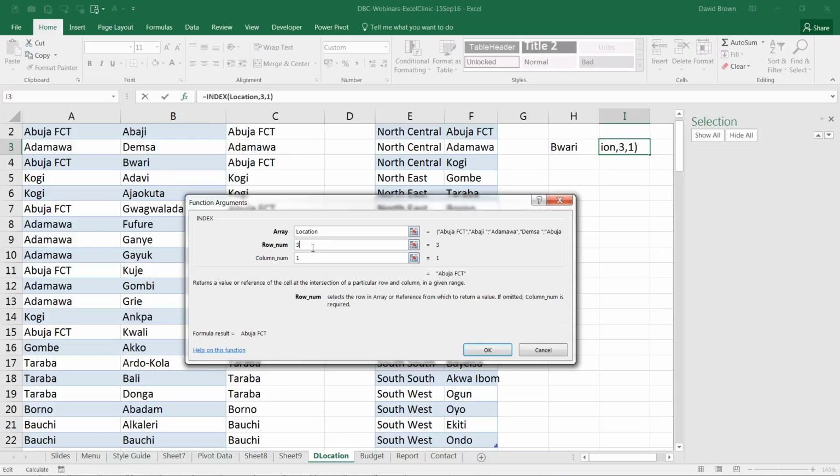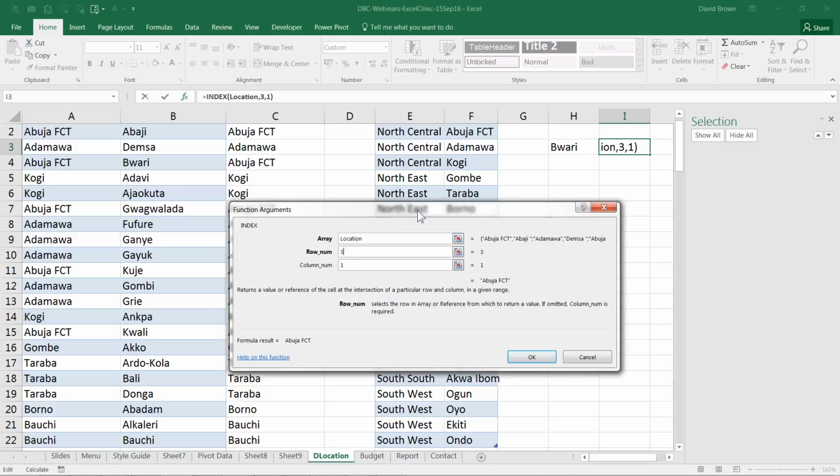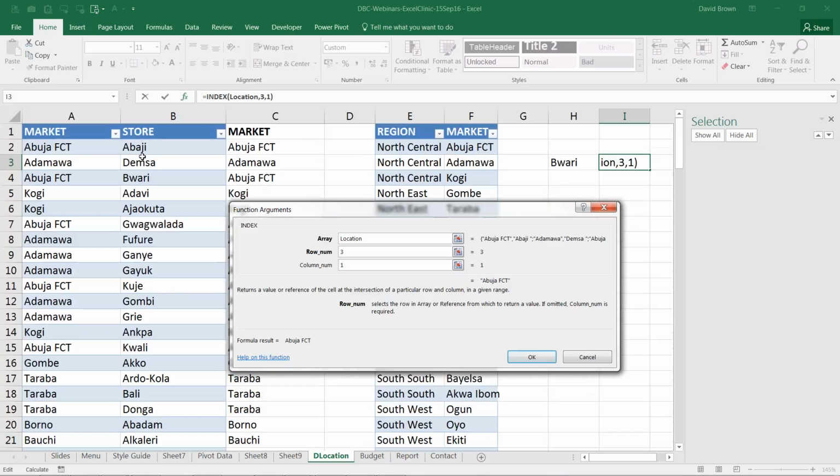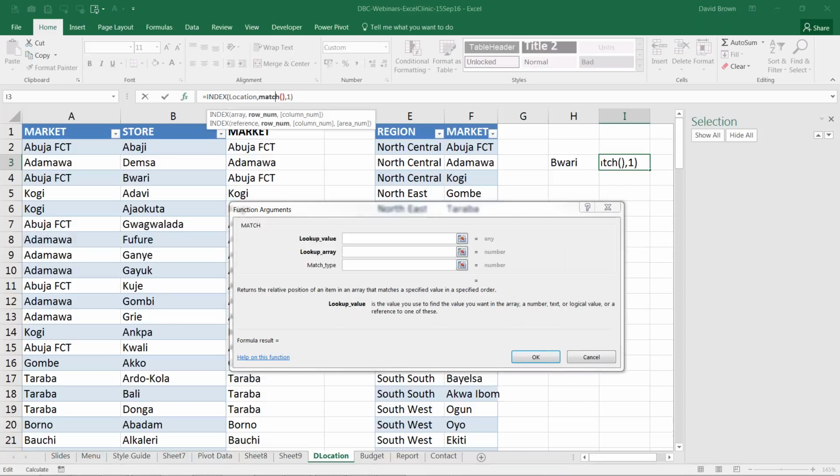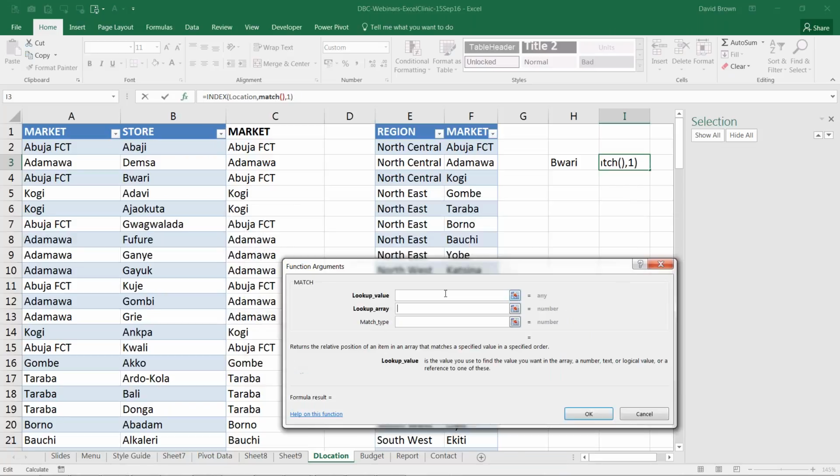Now, if you watch our other webinars, you see that the function to use to automate that is MATCH. So how did I know it's row 3? Because I came and counted, didn't I? I came and said 1, 2, 3. So you need a function that can do that for you, and the name of that function is MATCH. So when I put the MATCH function into my INDEX, I can say, hey, MATCH, look for Buhari inside this column here, and once you look for it, please find an exact match. So we're looking for Buhari inside that column.